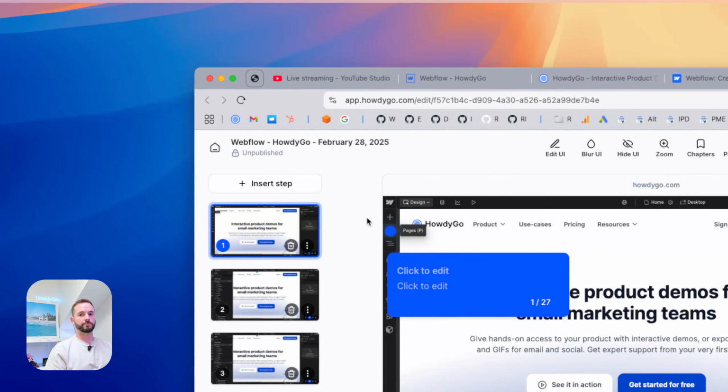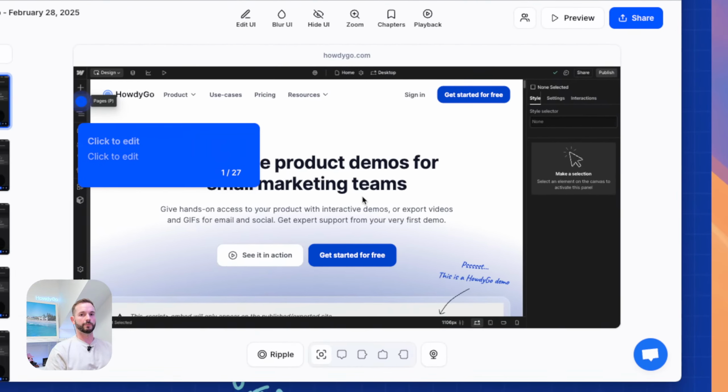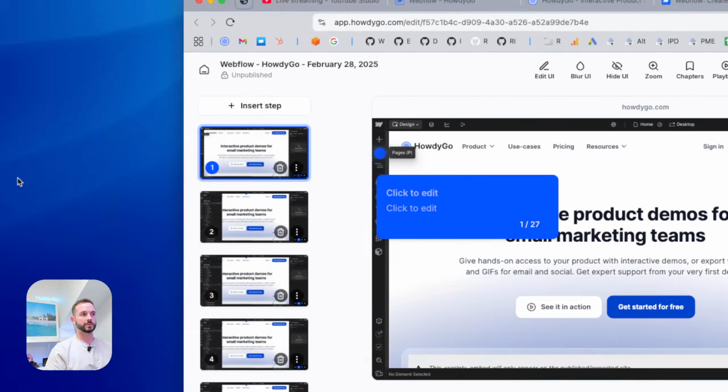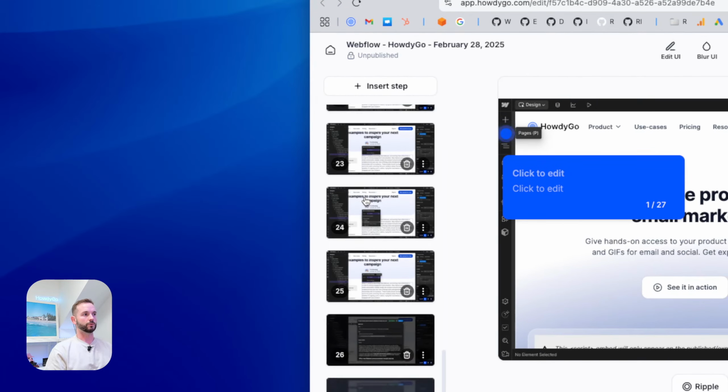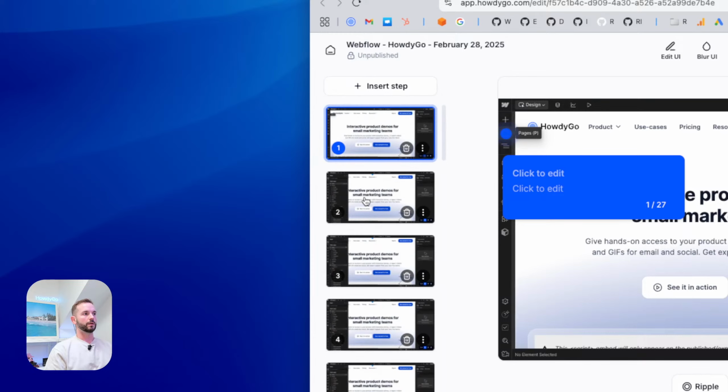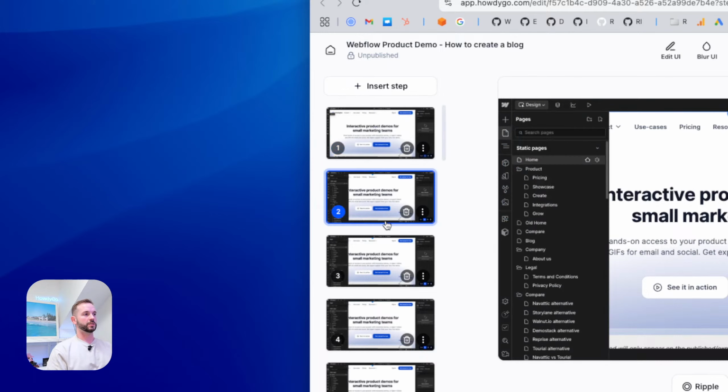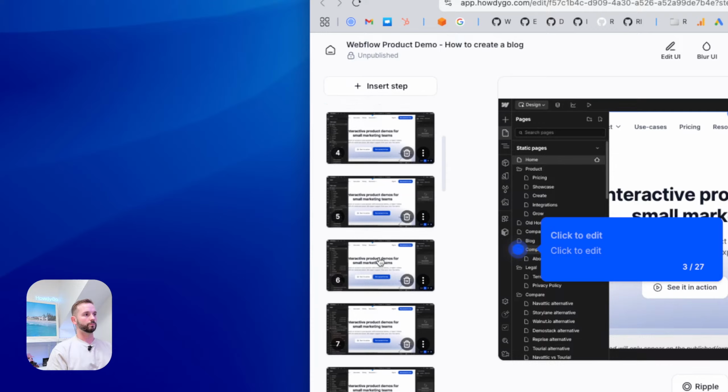So what we have here, as you can see, every single click has been saved, and down here, you can see all of the steps that were created. I'll just quickly rename this: Webflow product demo, how to create a blog. All right, so the first thing to note is that we basically want to get rid of